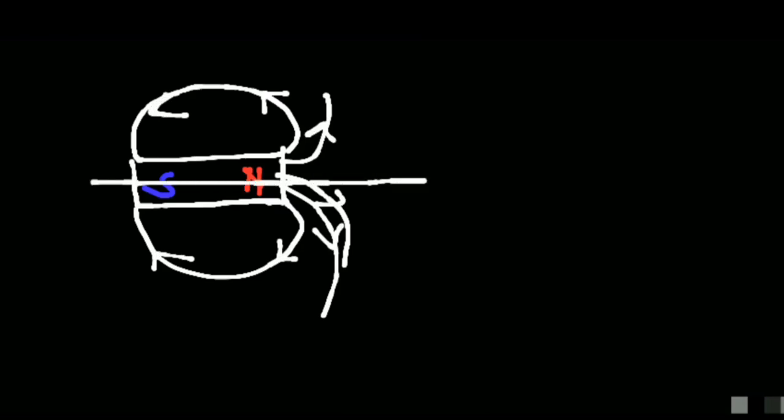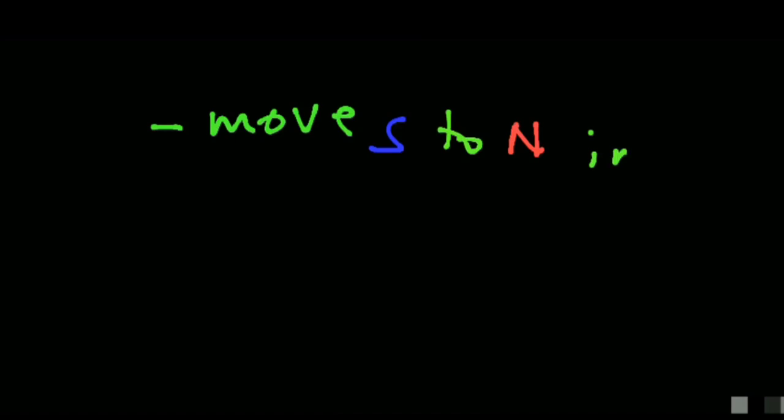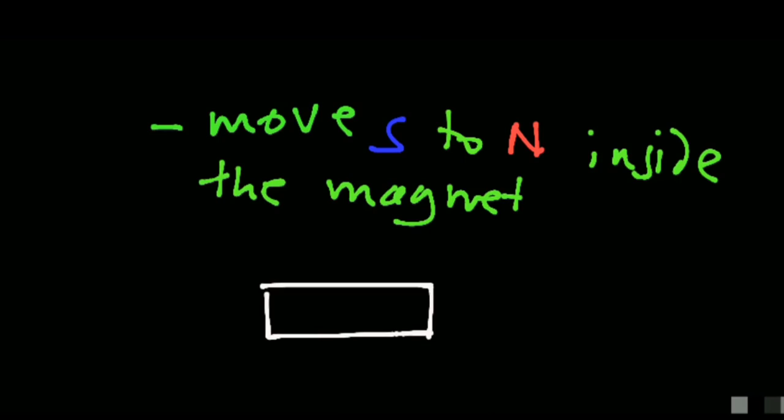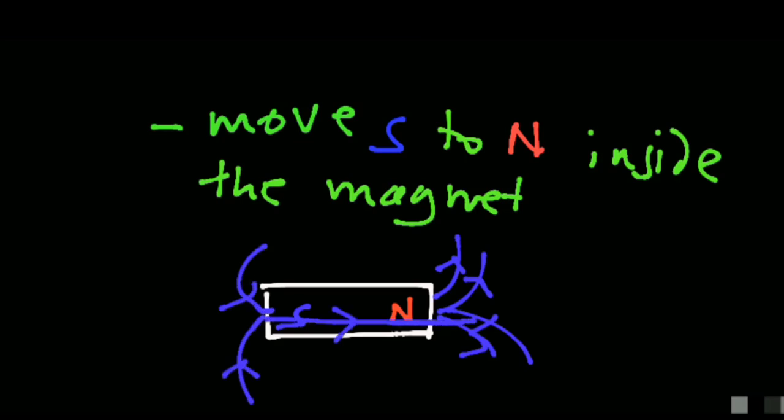But inside the magnet, they seem to move from south to north. Here is a point: magnetic lines move from south to north inside the magnet. Like this one. Consider the following diagram, which is a permanent magnet with north and south poles. So here our magnetic lines are moving out from north, but inside